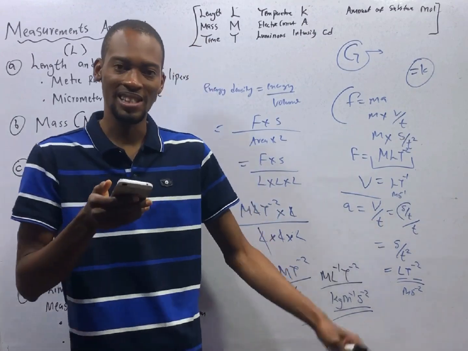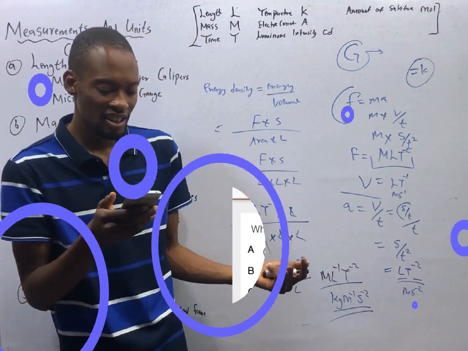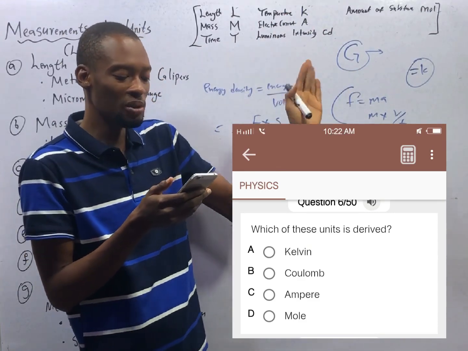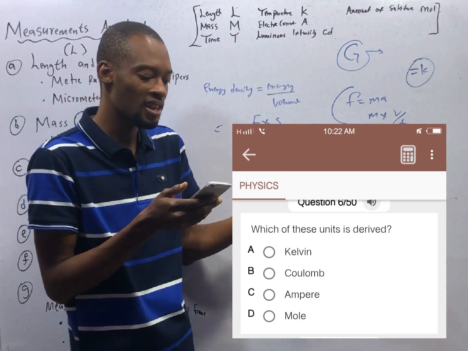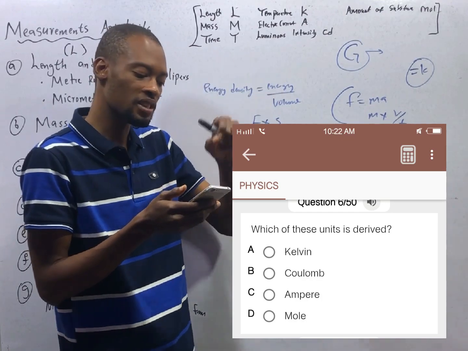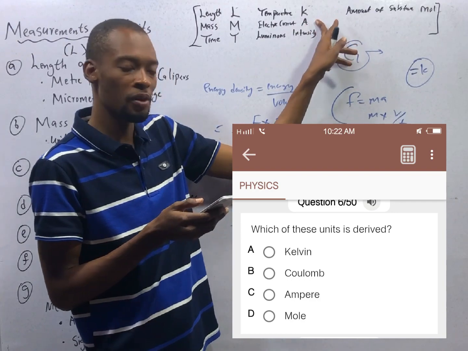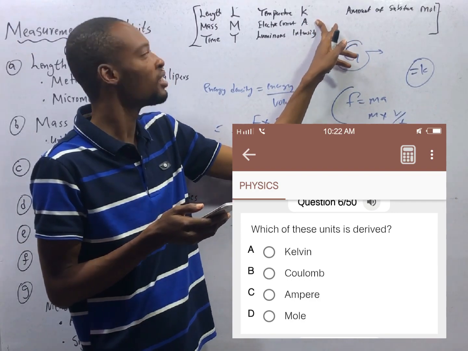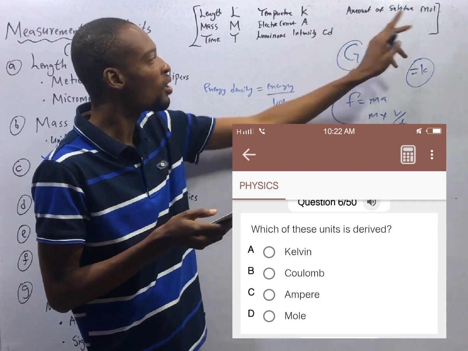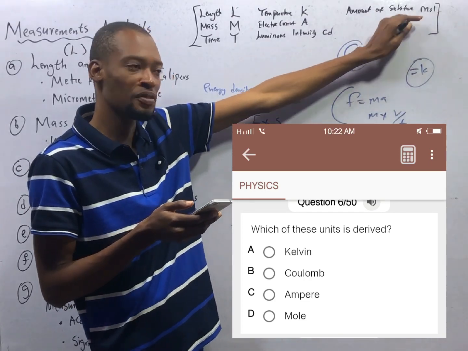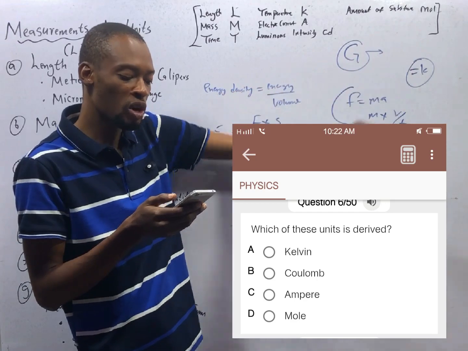Which of these units is derived? You look at meter squared. Which one is not here? Coulomb is not here, so it is derived. Kelvin is not derived, it is fundamental. Kelvin, temperature. Ampere is unit of current, and current is a fundamental unit. Mole is a unit for amount of substance, and amount of substance is fundamental. But Coulomb,